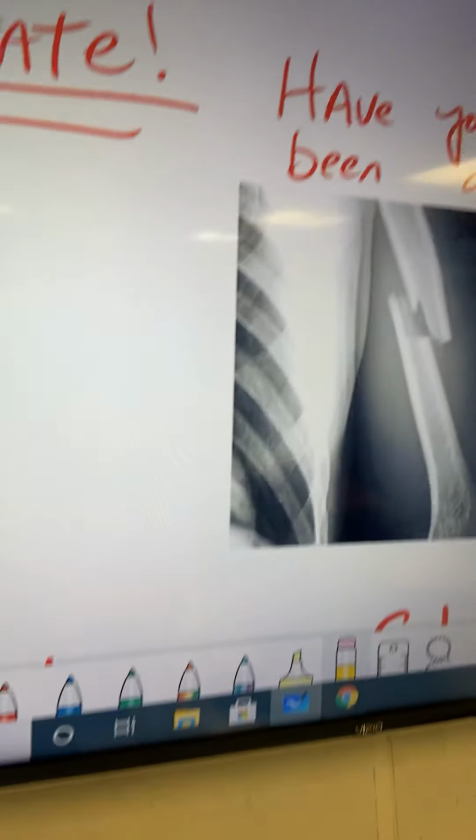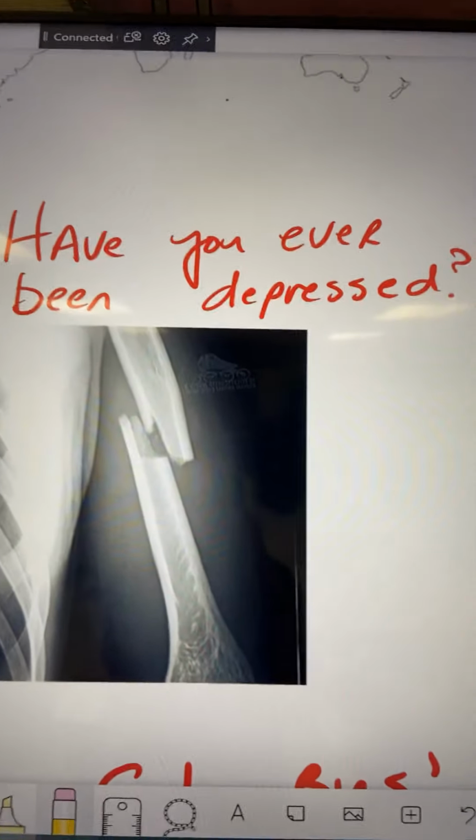And number two, I tell you that because this relates to American history. Not for me, but I asked you this question right here a while ago. Have you ever been depressed? Well, now we know Christopher Columbus was depressed. He died a lonely and depressed man. And you're saying to yourself, how in the world can Christopher Columbus, isn't he famous? He discovered America. How can he be depressed? But now you're going to learn why today in today's notes. So I'm going to let you pause me